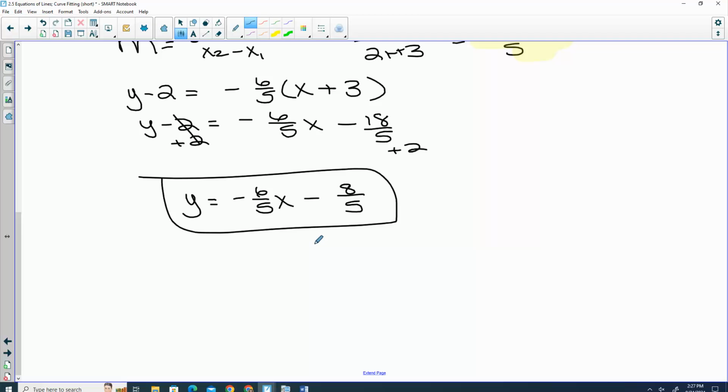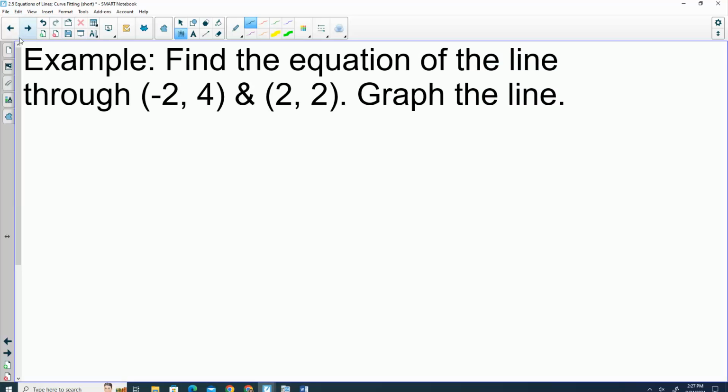Any problems with those, writing our equation? Do we need more problems like those? Why don't I let you guys try. I had a couple people giving me a big